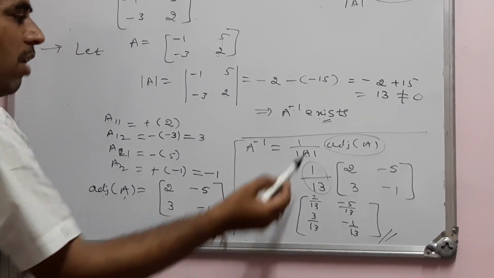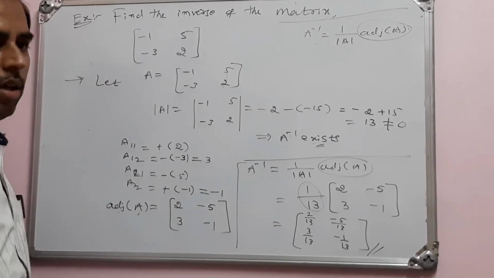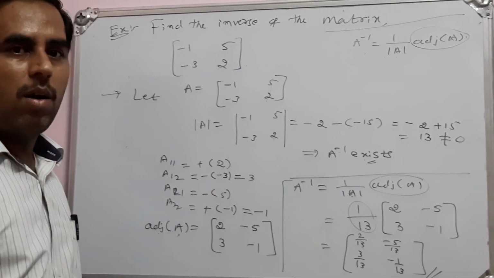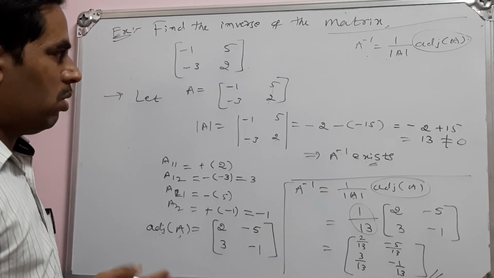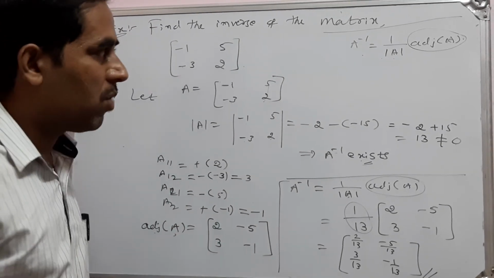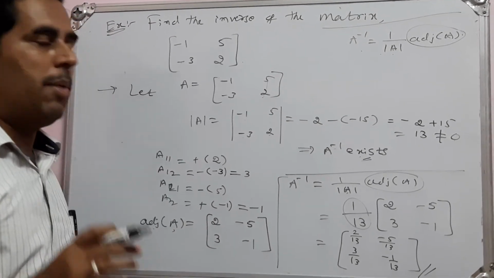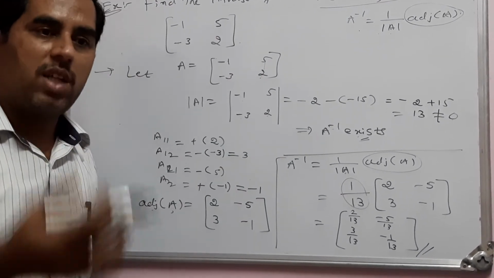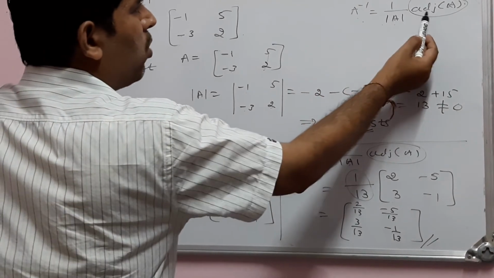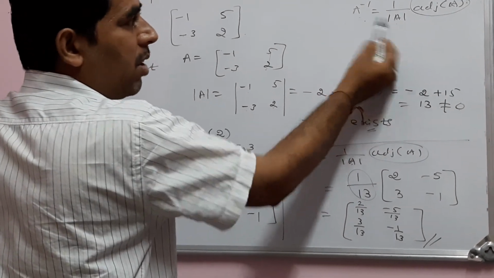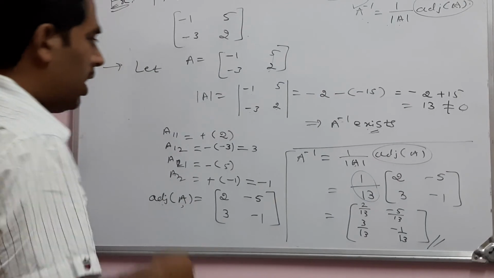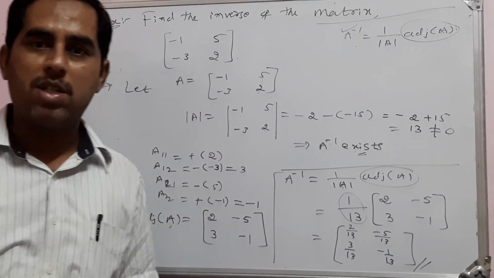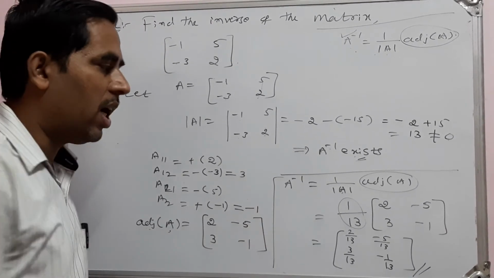So we have used the formula here. I have taken a 2 cross 2 matrix, and we can verify it by taking 3 cross 3 matrices also. What we have learned in this class: if a matrix is invertible, it should be non-singular. Then the inverse is obtained by dividing the adjoint of A by the determinant of A. This is a very important formula. Then we can go on applying the formula. We can consider 3 cross 3 matrices and find the inverse in the next class.